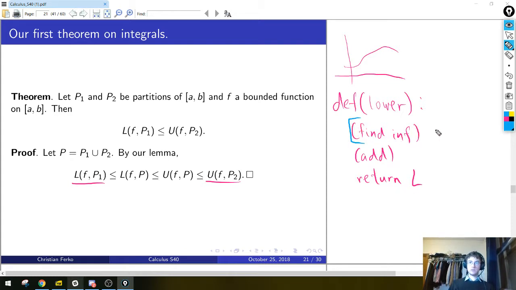You want to abstract that away, black box it, and instead make a separate function, define infimum, do all the work there, and then you just call infimum inside the program,